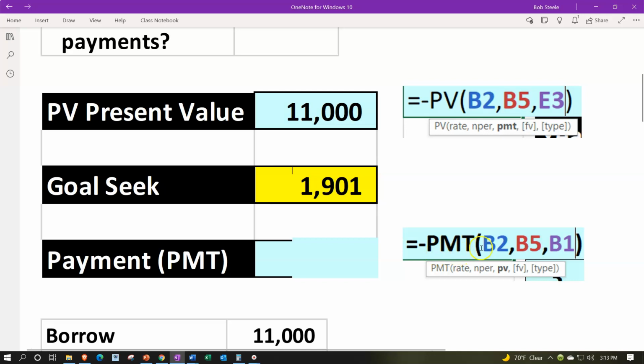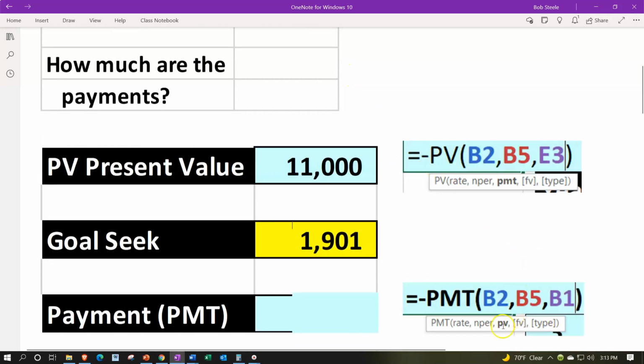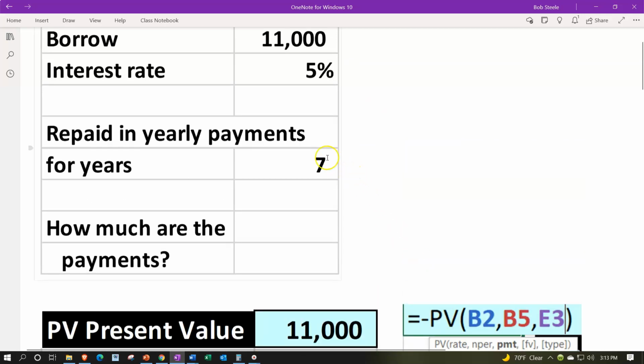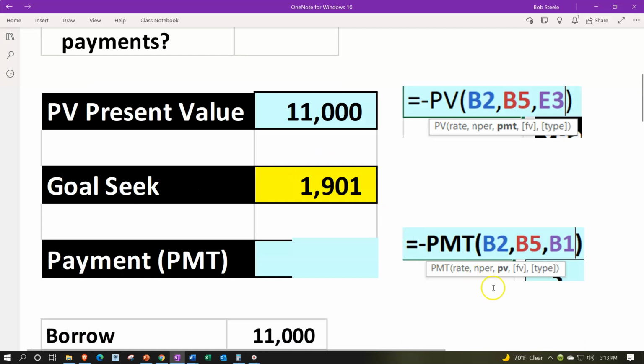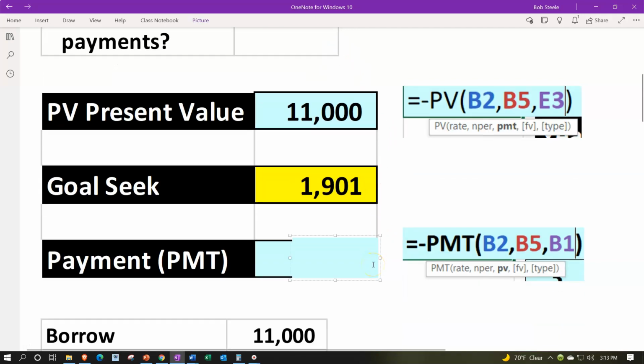And then I'm going to say brackets, the rate is going to be, once again, the 7% indicated from the cell reference, comma, number of periods. The periods is going to be 7. And then we're going to say comma, and the present value equals the loan amount of the $1,000. That then gets us right to that